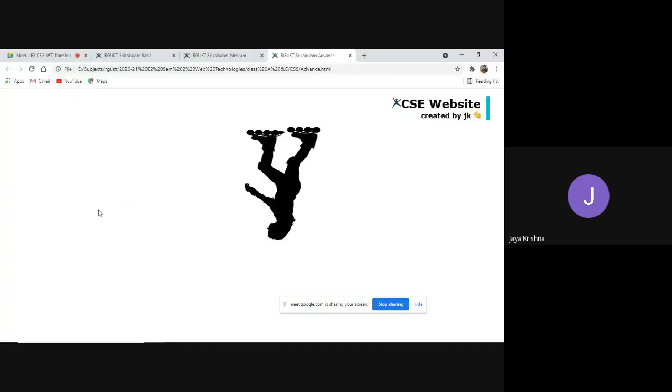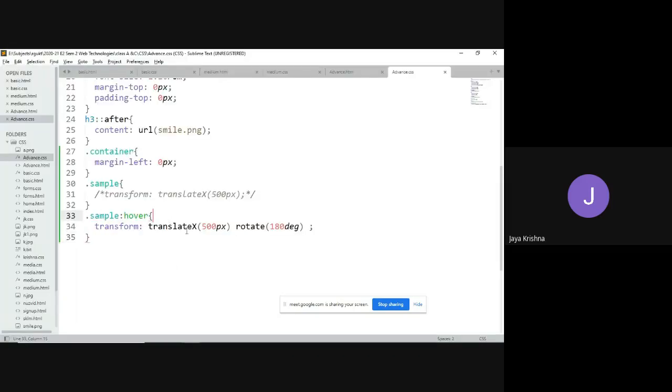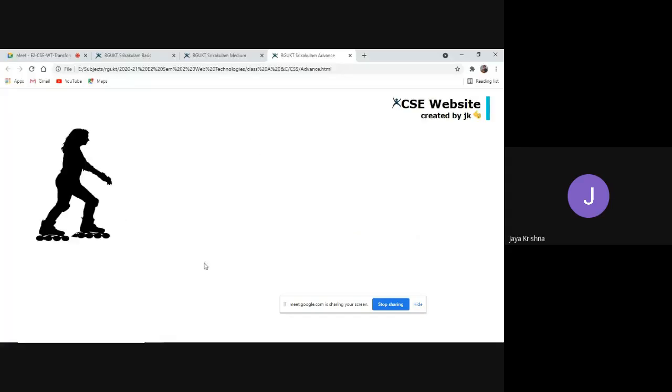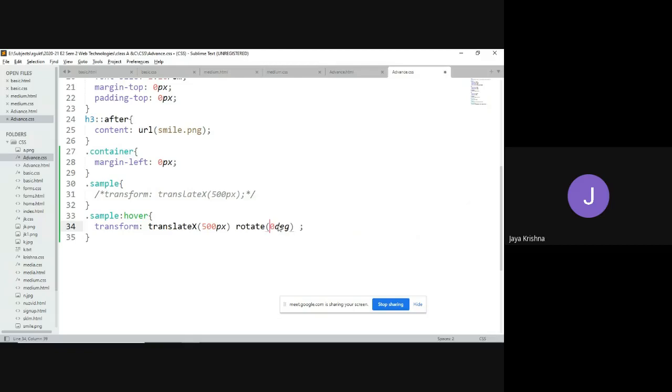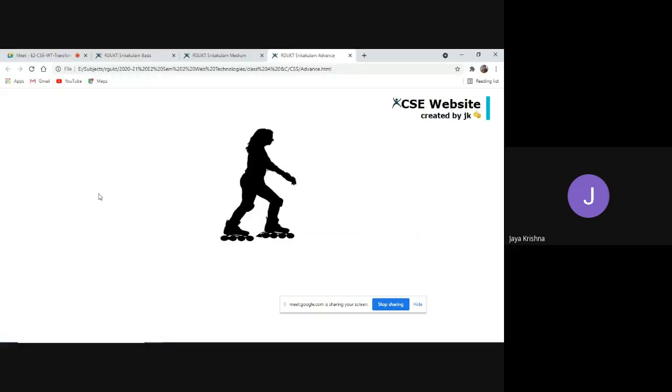Observe, it is rotating 180 degrees, meaning that it is changing its position 500 pixels ahead of the actual position, and also it is rotating 180 degrees. If I go for 360 degrees, observe, it is like a normal thing without applying any rotation.